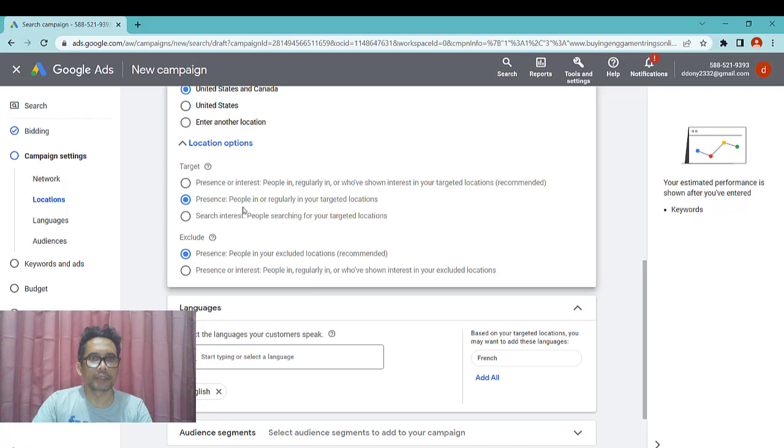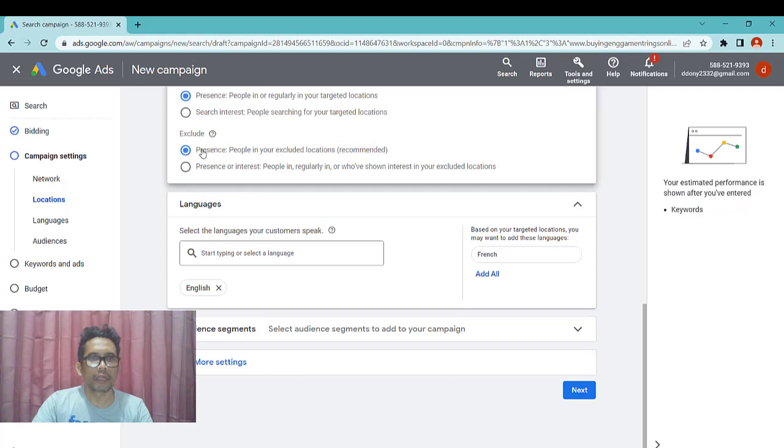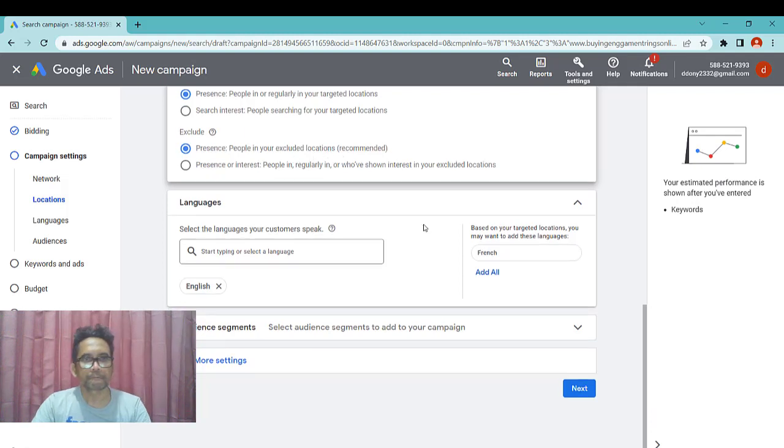Either choose presence: people in or regularly in your targeted location. For exclude, it's the same, presence: people in your excluded location.